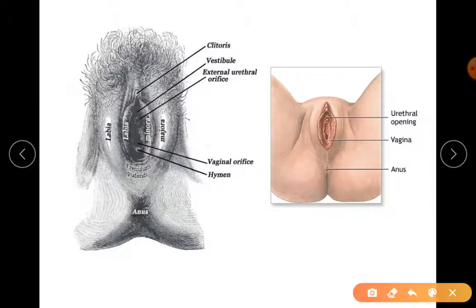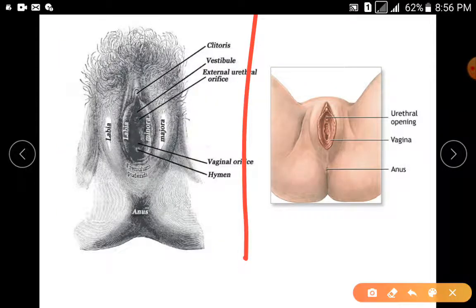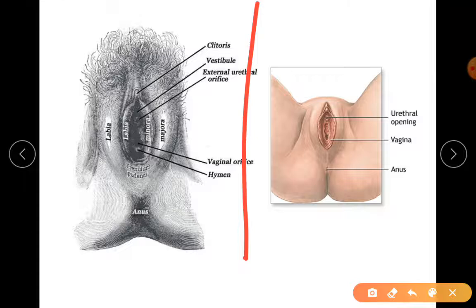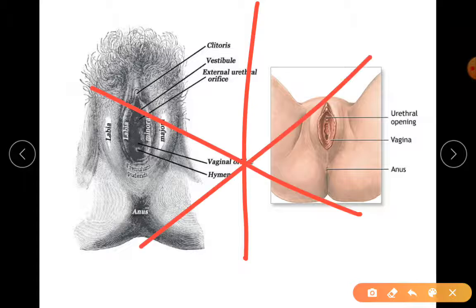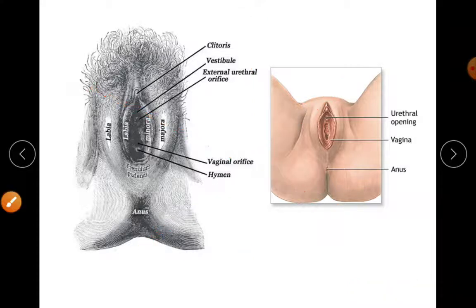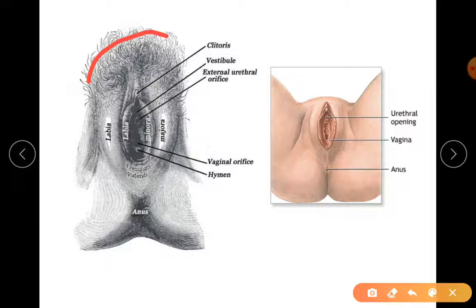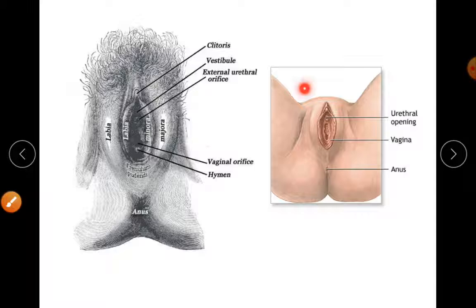So this is a diagram which I have taken from the internet. If you are finding it difficult to understand, then only refer to this. Otherwise, there is no need of referring to this diagram. This is not at all needed. Only if you are finding it hard to understand and want to know where the parts are located. So this is the region. Here they have not mentioned the name, but this is your pubic hair. And this is the cushion of fatty tissue, which is your mons pubis. On this fat tissue you find the pubic hair.